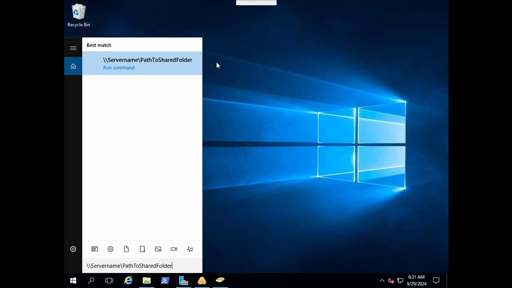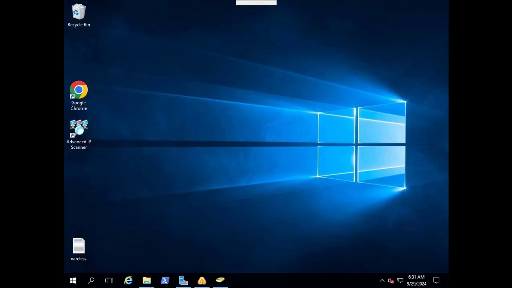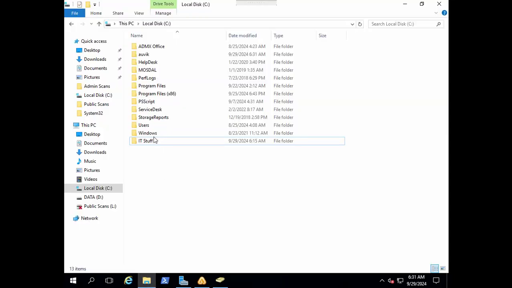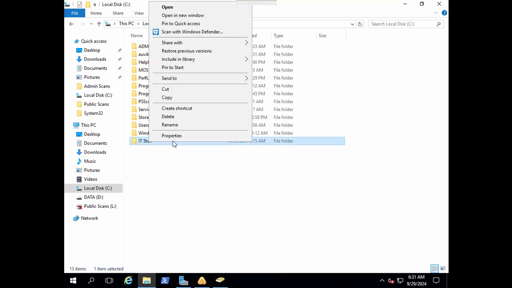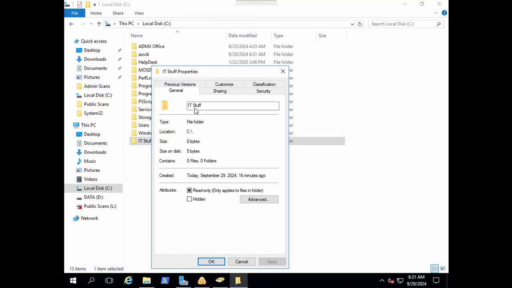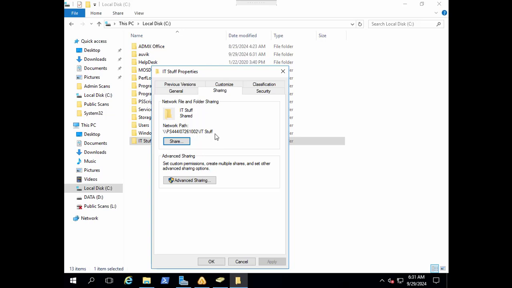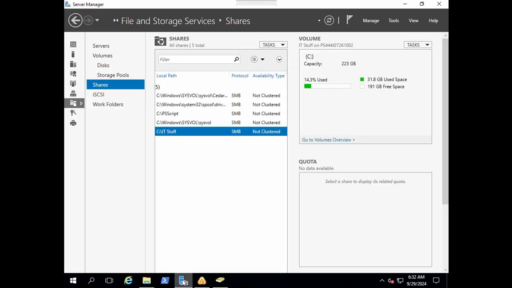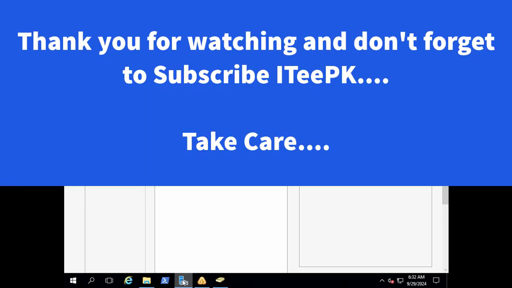Right, this is the format. You can see the path to share folder. You can enter a server name and then the path to share folder. The path to share folder, you can get by going to the share folder and then going to properties. In the property section, you will go to share and you will get this path, right? That's all about this video, how to set up a share folder from Windows Server with advanced NTFS